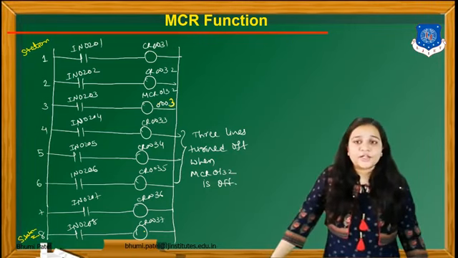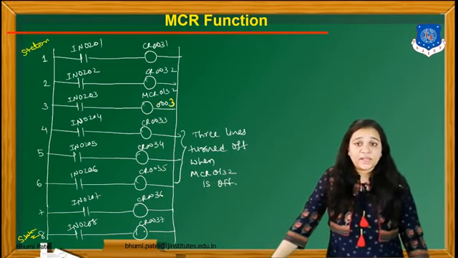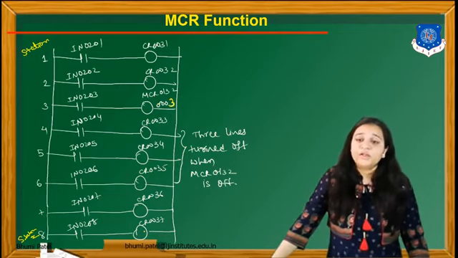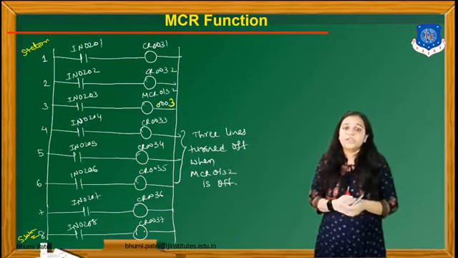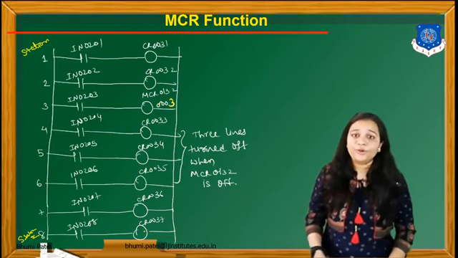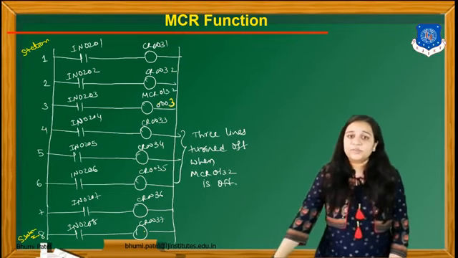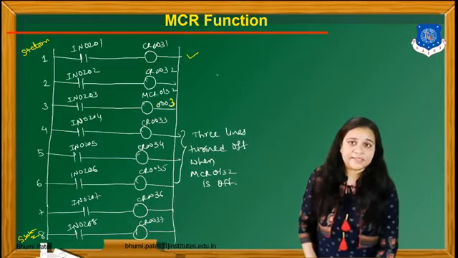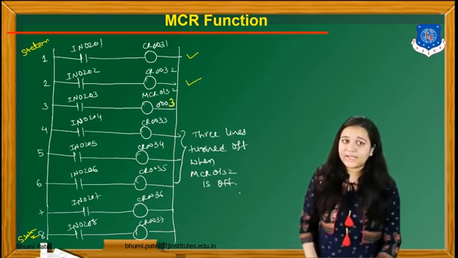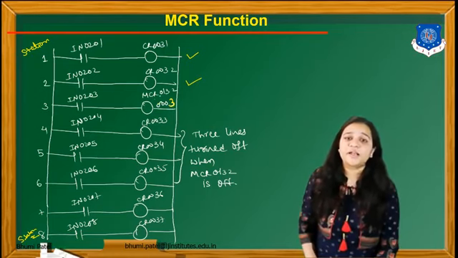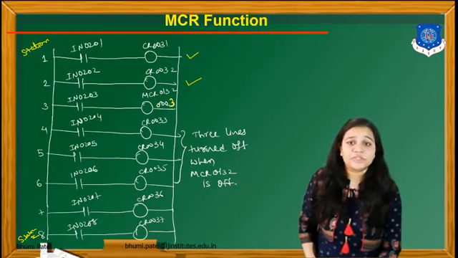Whenever we execute or simulate the program, we can run the program up to rung number 4. After rung number 4, we can repair the conveyor. So we can skip the lines, or we can also use the MCR function for this program. Rung number 1 will be executed as it is, rung number 2 will be executed as it is. Now in rung number 3, input is given and the MCR function is given, MCR 0132, and the number is given 0003.